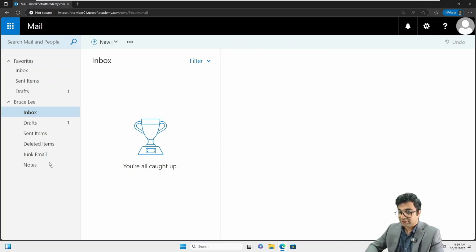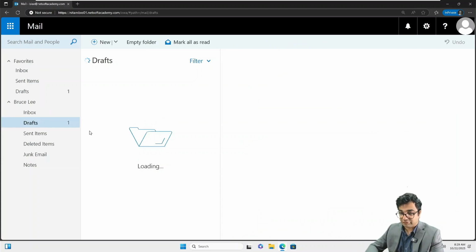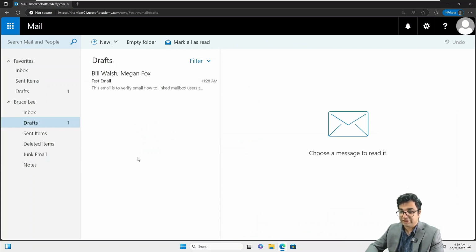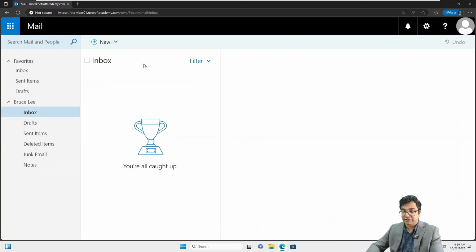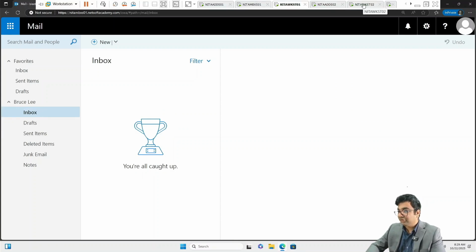Send. Now, immediately the first thing that you would want to see is how quickly does the mail leave the draft. Okay, so it has gone from the draft. That means mail flow is working properly. There is no bounce back. Perfect. So now I'll go to my workstation 2